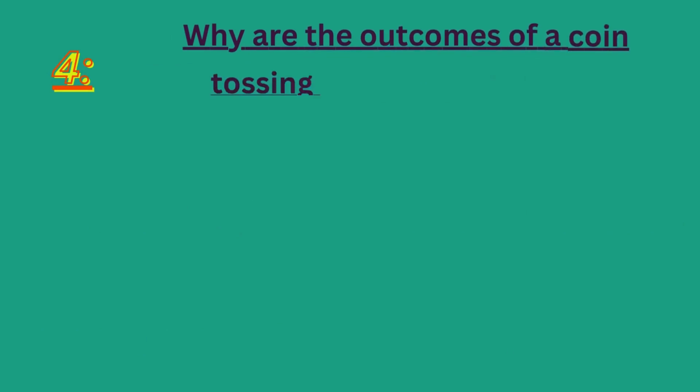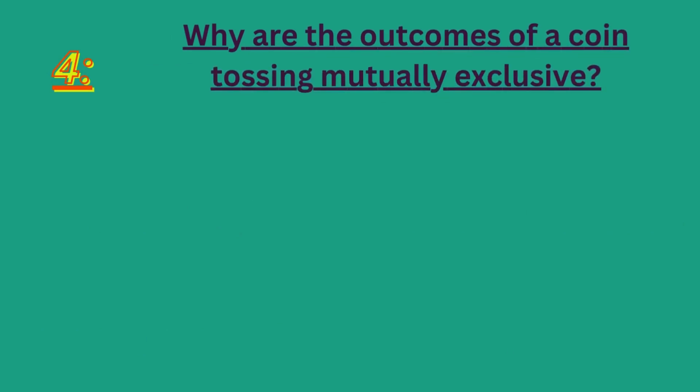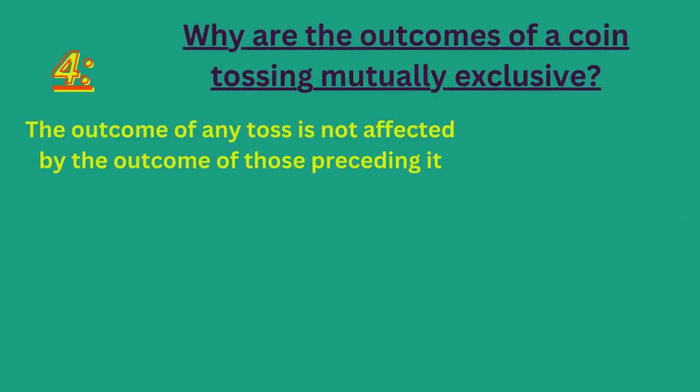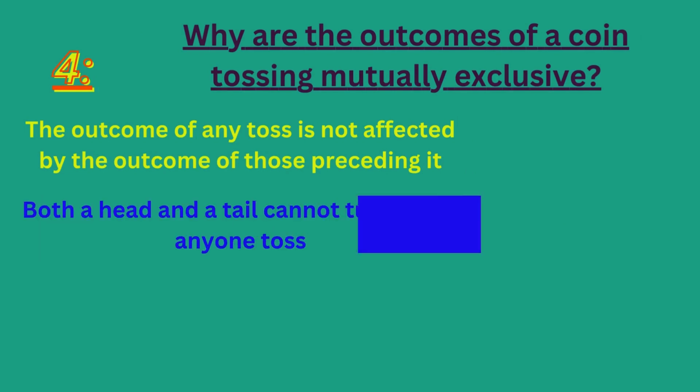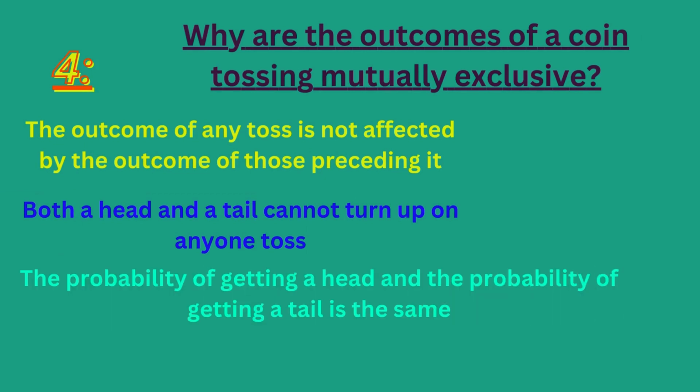Why are the outcomes of a coin tossing mutually exclusive? The outcome of any toss is not affected by the outcome of those preceding it. Both a head and a tail cannot turn up on any one toss. The probability of getting a head and the probability of getting a tail is the same. All of these. The right answer is